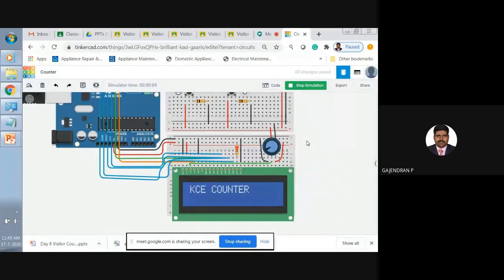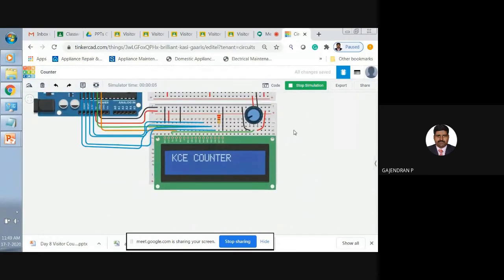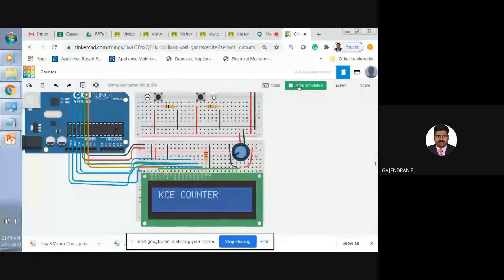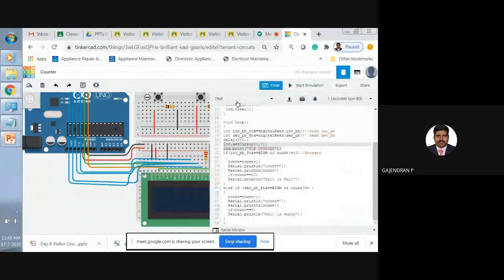Okay, so successfully we have printed KCE counter. Then consecutively we will start to print the remaining things. So please remember, the first row I am dedicatedly going to use to print my brand name, KCE counter, in my project. I should not disturb the KCE counter in the first row. So the second row I'm going to use it for